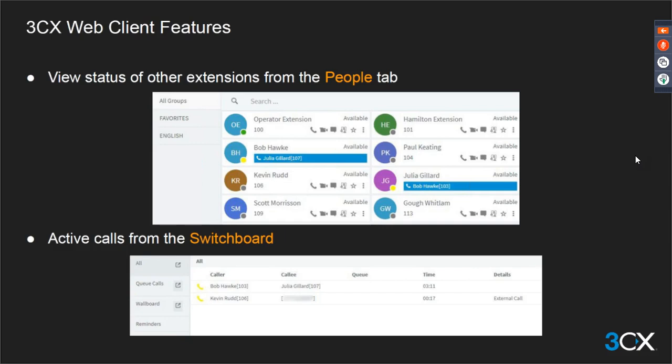Now, active calls can be seen from the switchboard of the web browser, or if it is usually an application as well. You can also control the calls, if the relevant rights have been granted. So you can do call transfers, you can put calls on hold, and vice versa. So again, this is covered in more